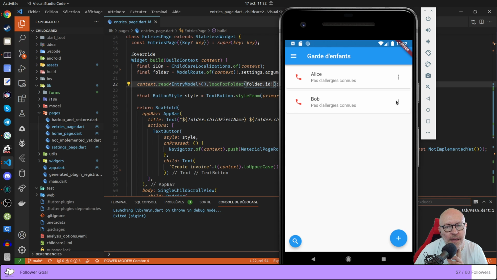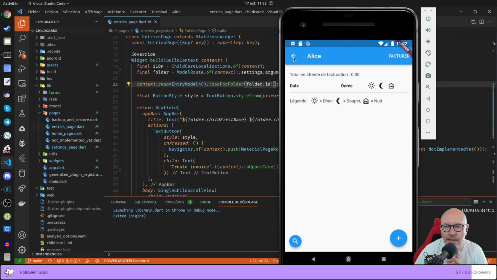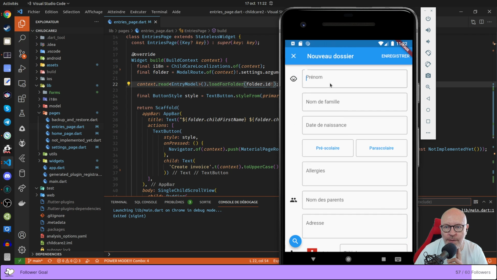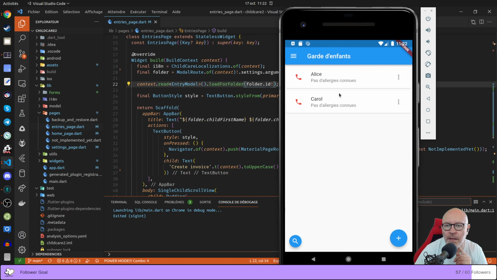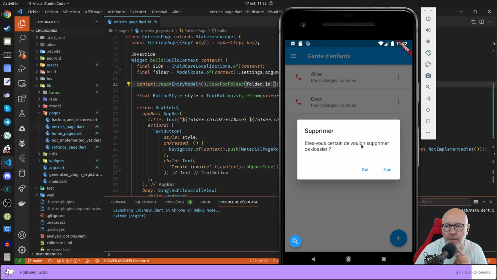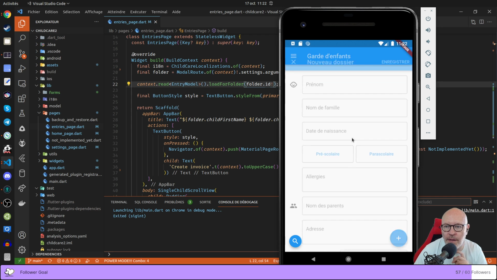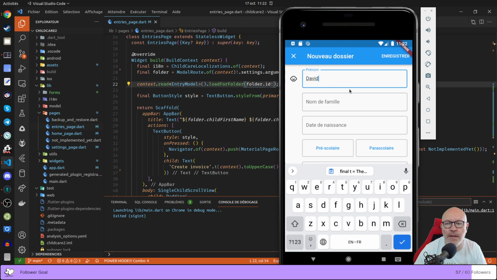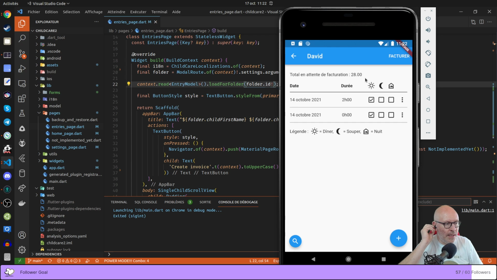Now if I delete Bob, Alice doesn't have any entries. And now if I recreate Carol, she doesn't have any entry, but if I remove both and create David, then David has the entries. So the IDs are